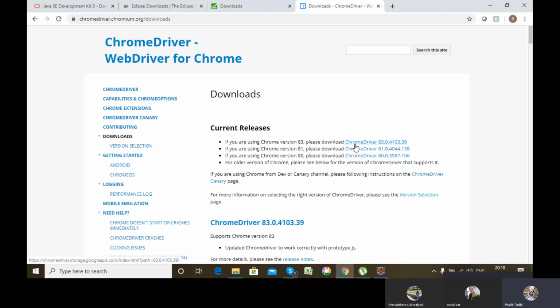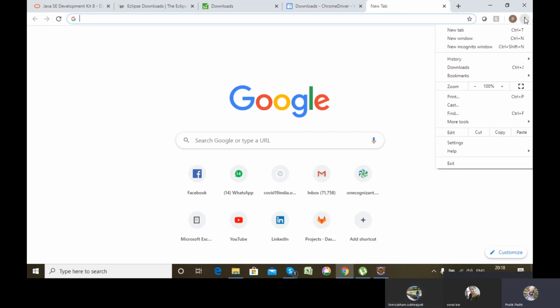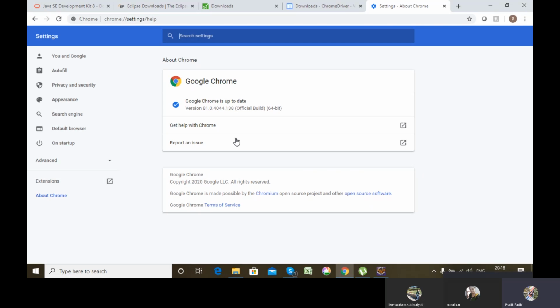Before downloading, the first step you need to do is check the version of Chrome which is present. For that, you click this hamburger sign, the three dots, and go to Help, then About Google Chrome. Here you'll see that it's version 81.0.